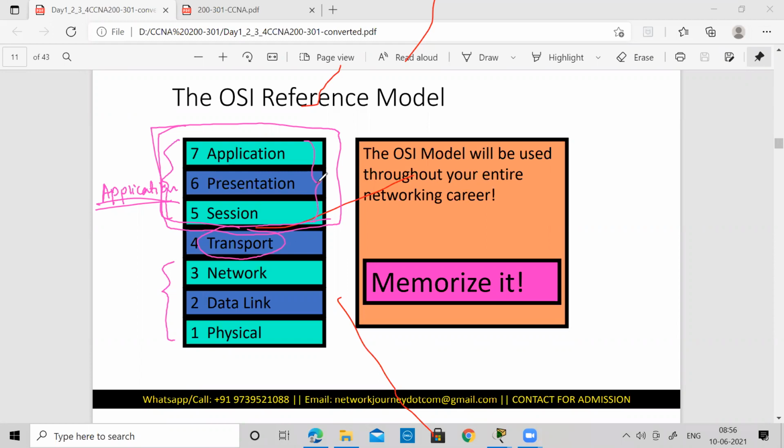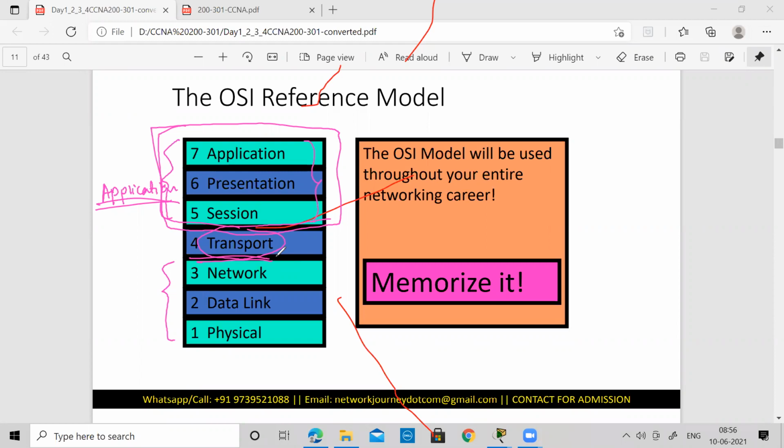Most of these functionalities that I just discussed, the application, the presentation, the session, and in fact even the transport layer, are achieved with the help of your operating system, your system files, program files, and a lot of files which you have in your operating system whenever you load it. So these roles and functionalities are carried out by your operating system and the files which are there in your system.